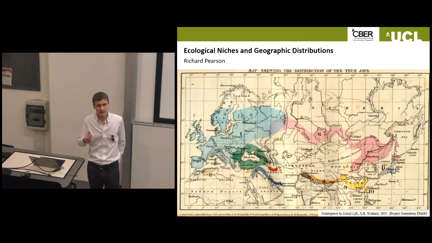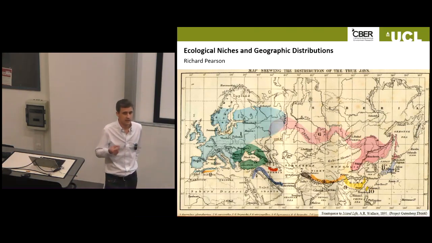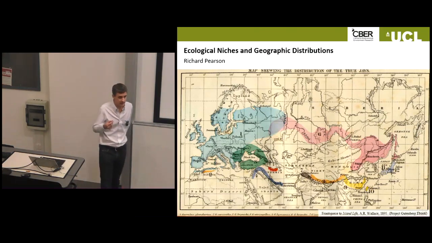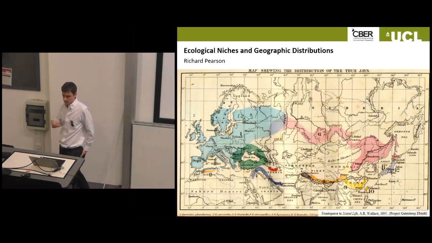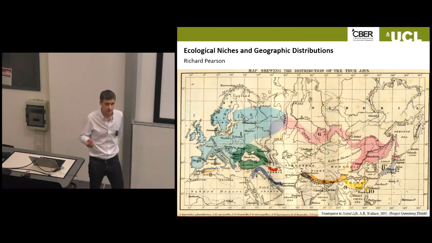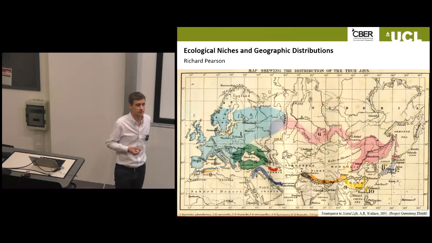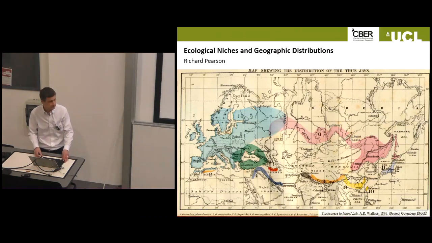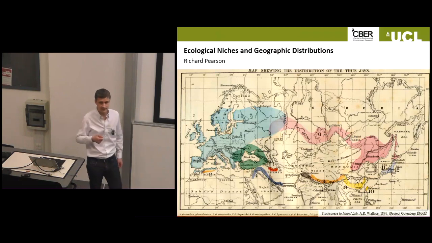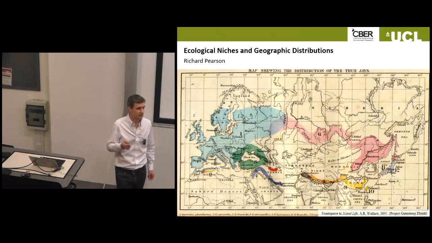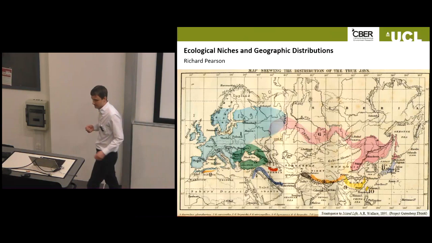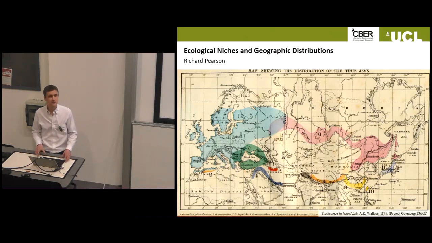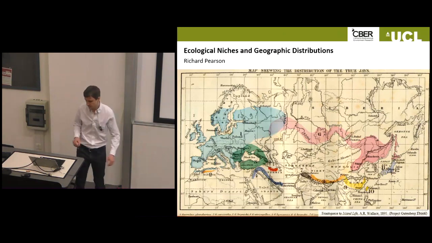And of course, the idea is if we can understand these processes a lot better, then we should be able to build better models and have better understanding of where species are actually distributed, which we often don't know, and also how those distributions respond over time to environmental change. One of the topics I'll talk about is climate change. Now, of course, the tools and data sets that we have these days are extremely different to what Alfred Russel Wallace had to use, but we're still faced with this fundamental set of questions about the processes that drive distributions such as this.